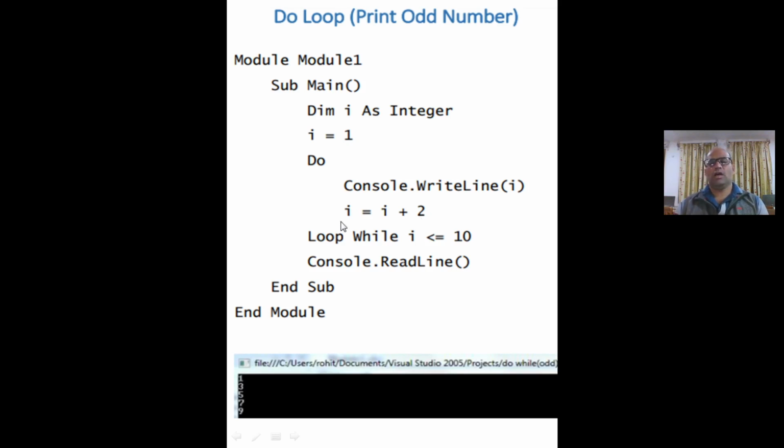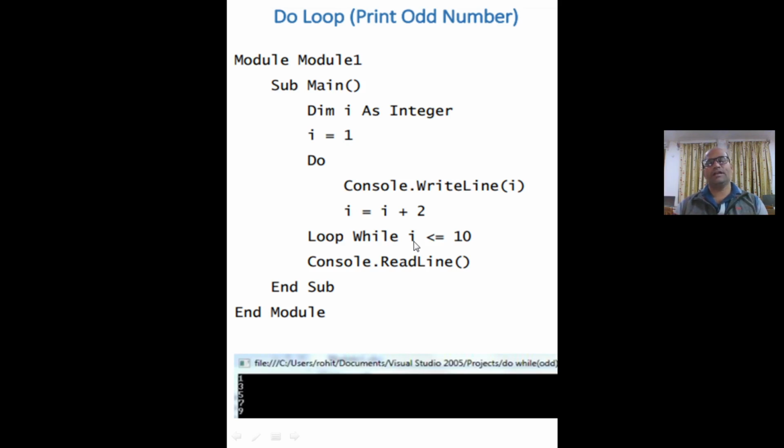Now after that the counter moves to the next statement. The loop runs while the condition I is less than or equal to 10. Now the value in the I variable is 3.